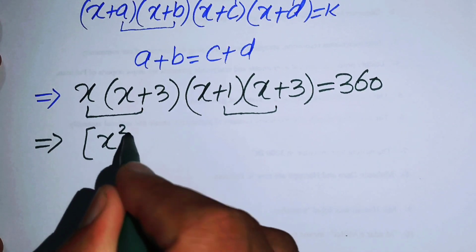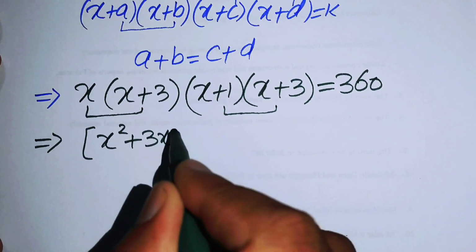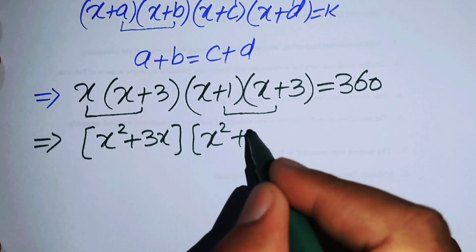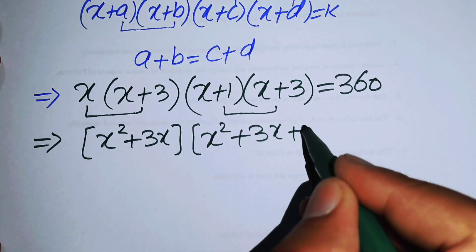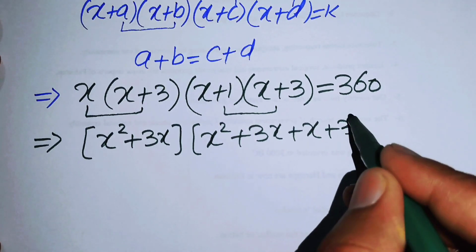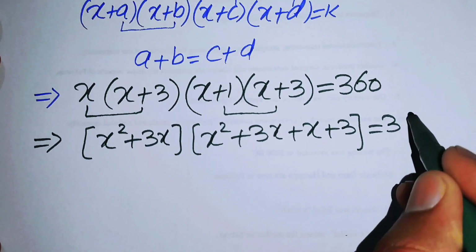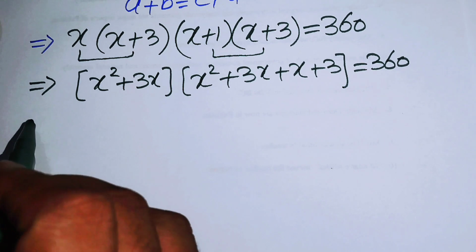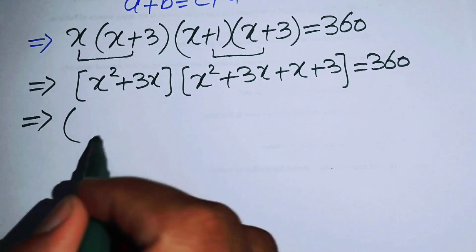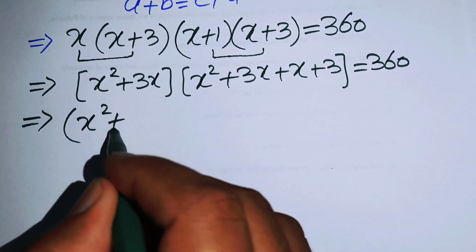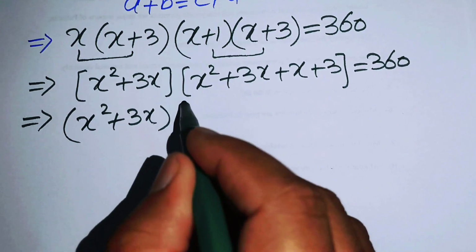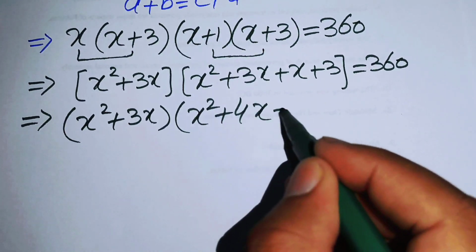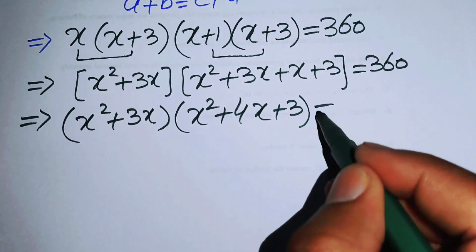x squared plus 3x, and when you multiply the other two factors, you get x squared plus 3x plus x plus 2 equals 360. And now we make a little bit of simplification here, and you get (x squared plus 3x) times (x squared plus 4x plus 2) equals